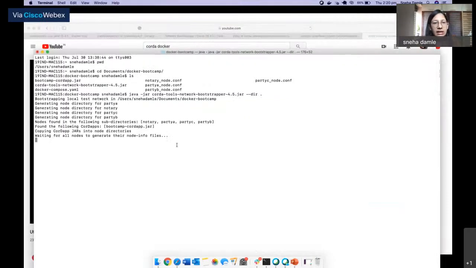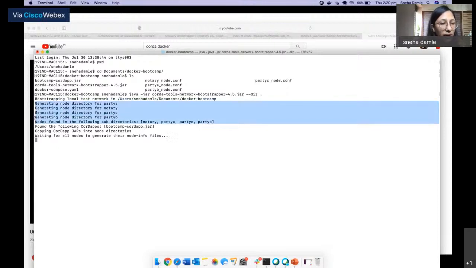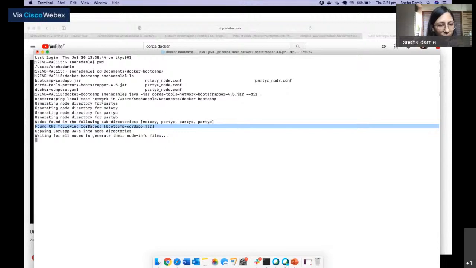So what exactly this network bootstrapper does is it generates one folder for each node. So it generates folders for party A, party B, party C, and notary. And then it checks whether any Corda app has to be deployed on these particular folders.